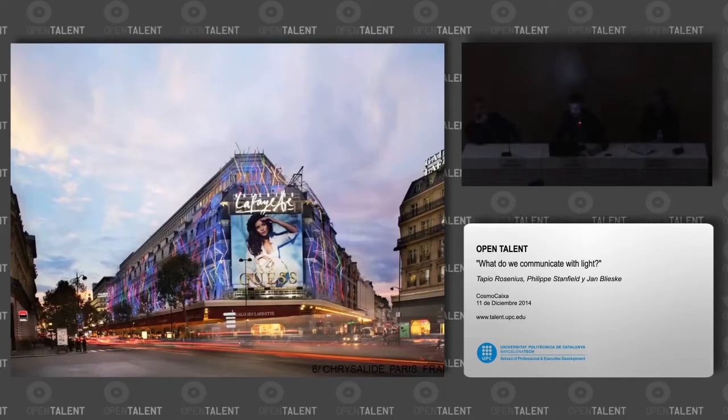Galeries Lafayette's communication again. This is the outside of what you saw from the inside, the cupola, before. It's what we call a fake real shopping signal. Everyone can see it from far away. There's the name Galeries Lafayette on it, but we create more of an atmosphere. This is all year long. It started with a Christmas